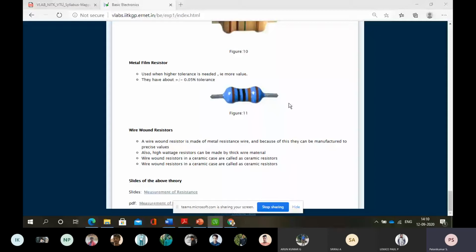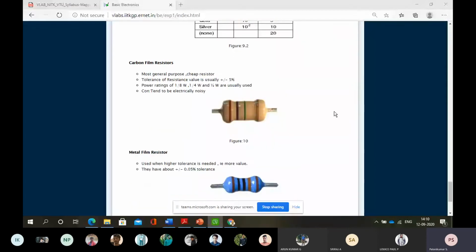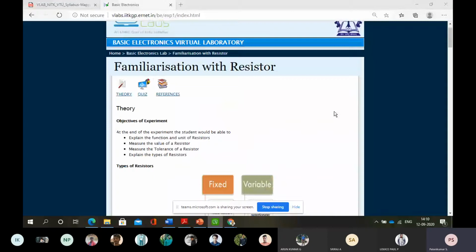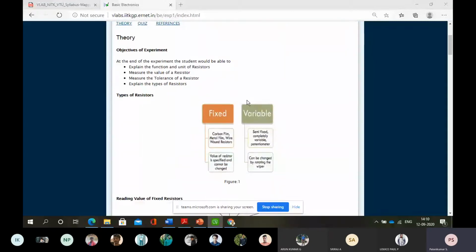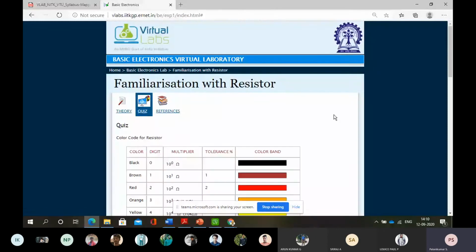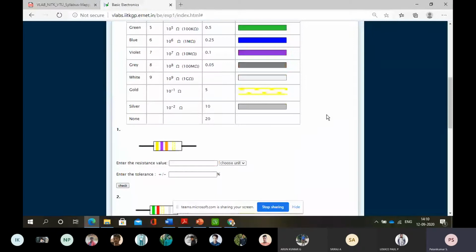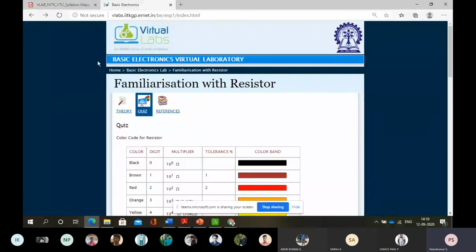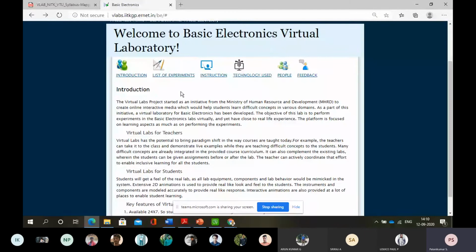So this is how the experiment is given in the virtual lab concept in basic electronics. They are simply given theory and a quiz. From the quiz, they give some resistance value and ask what that value is. But when you really practice the experiment, it is not going to be a 2 hour experiment. That is why, especially at bachelor degree level, resistor color coding is given as a study experiment. That is what we have done.